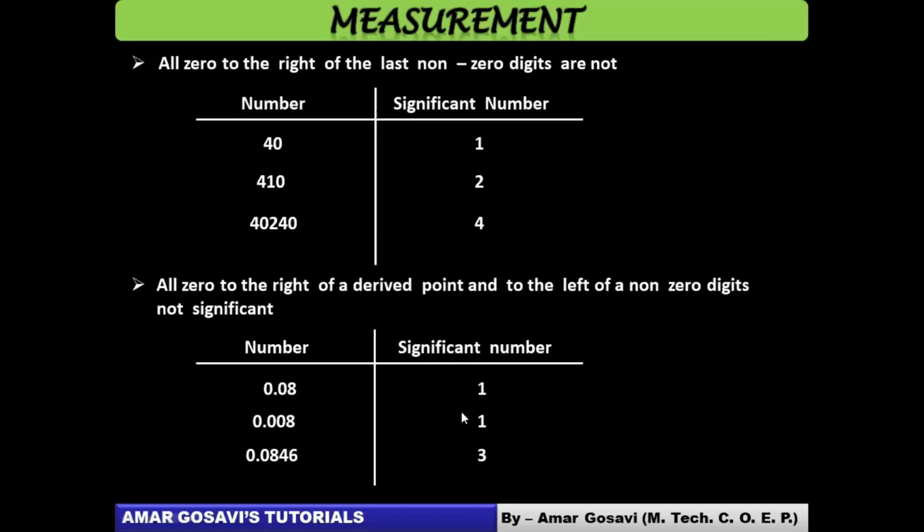Okay, this was our primary aim. Two things we wanted to study for the day: how you determine the order of the quantity and how you work out the significant figures. You can take a quick screenshot of this before I post some problems on what we have studied for the day today. Hopefully, you have taken the screenshot.